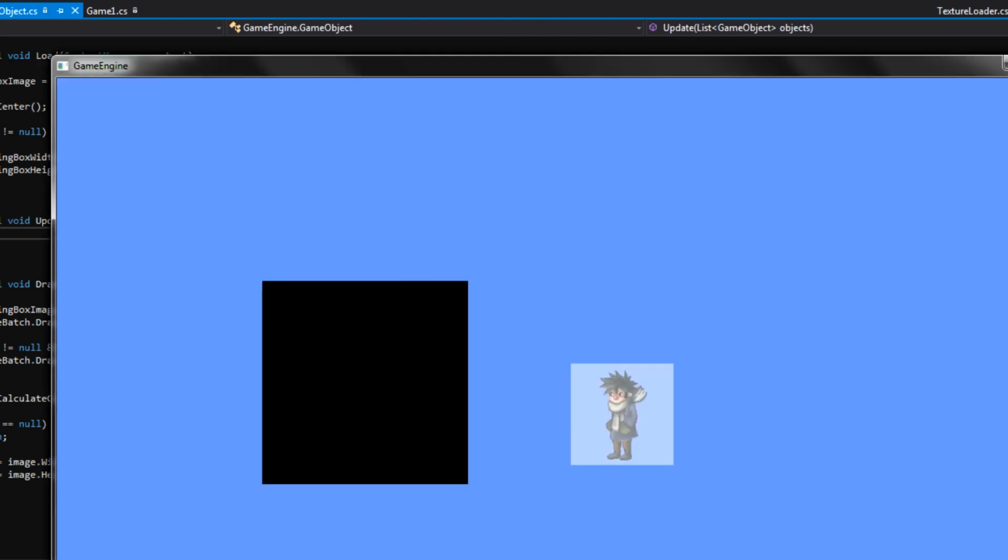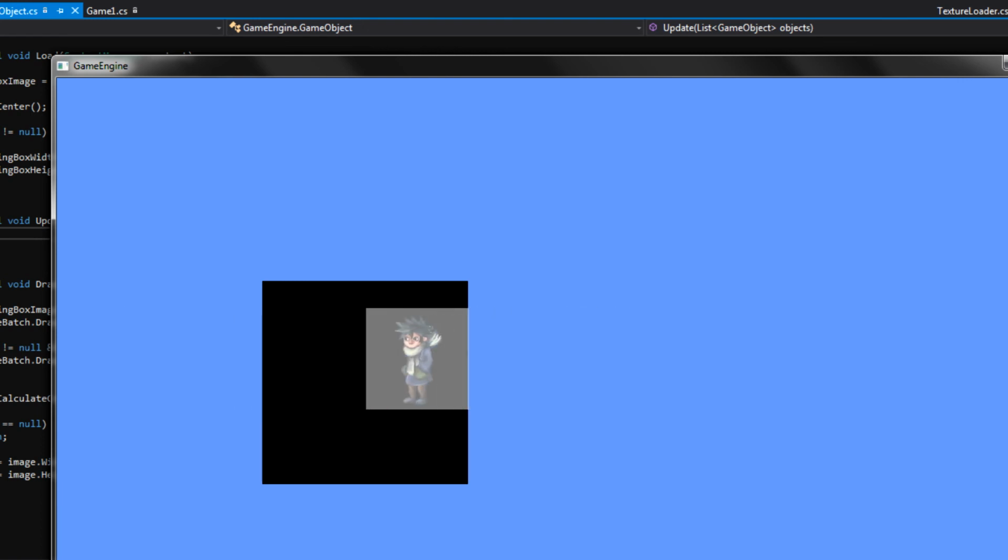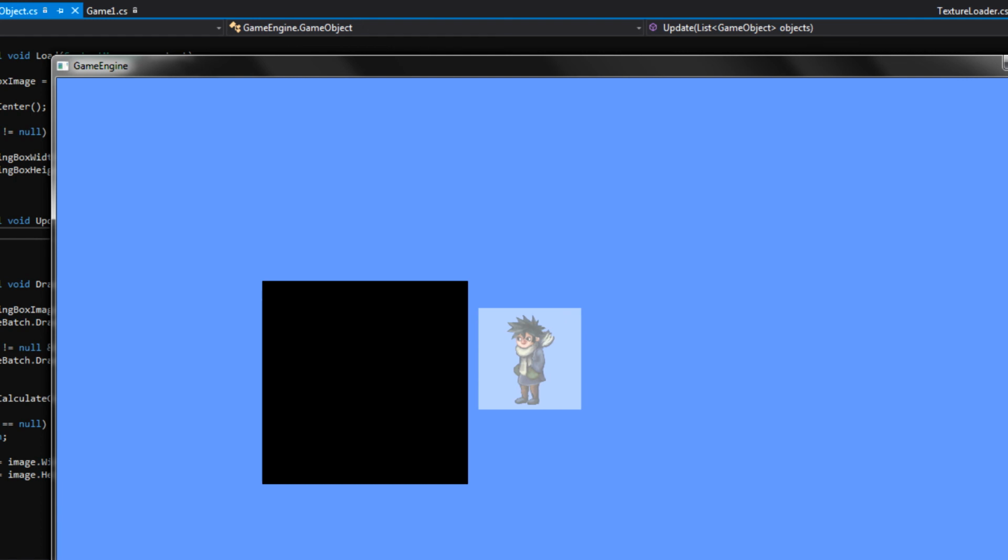And we do. Check it out. So there's our 128 by 128 bounding box, and it's constantly synced up to where the player is at. Notice it's always up to date. But if we try to move through these walls, we're not stopped. We're still able to walk through them. That's because we have our data defined, but we're not actually calling that check collisions function inside of map. So let's exit out here,